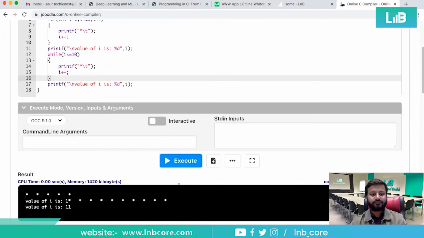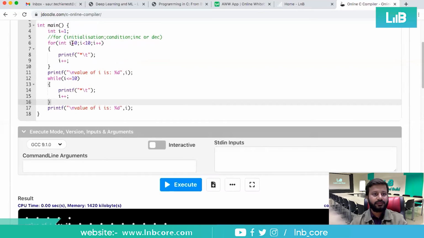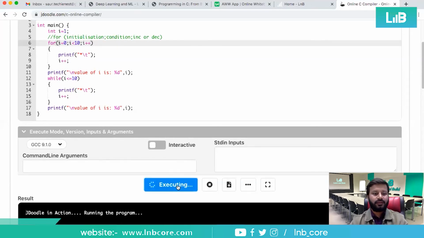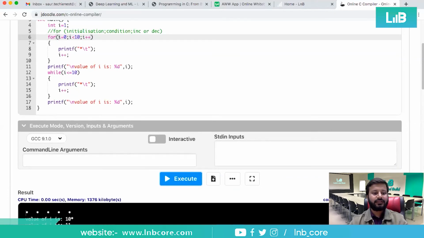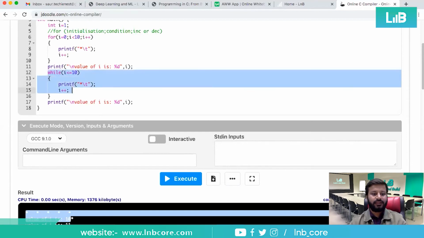And this is the difference. See, the value of i is 10, because i is declared outside of this condition. So let me declare this here. So the value of i is 10, right? After that, it will enter the while condition.